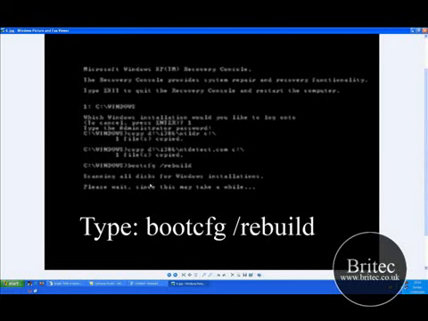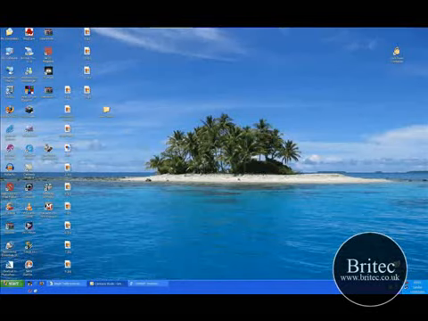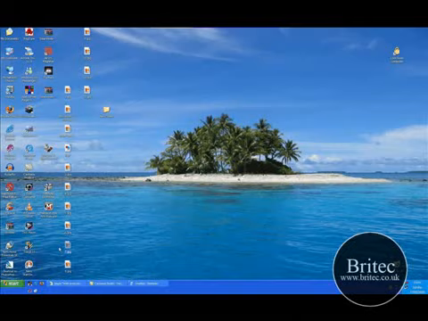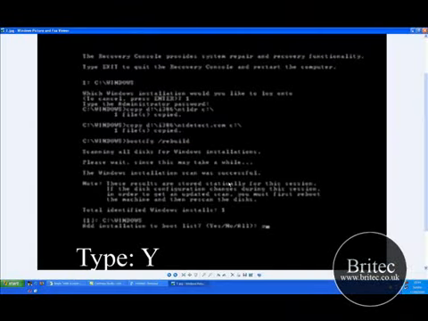So you will see "scanning for all disks for Windows installation" on the screen. That's what you need to do, and you just give it a little bit of time and it will start to rebuild. And then once you get that done, you need to do this next step, and it will come up with